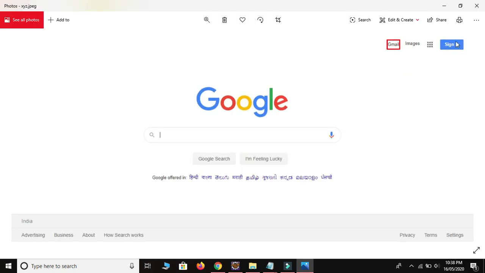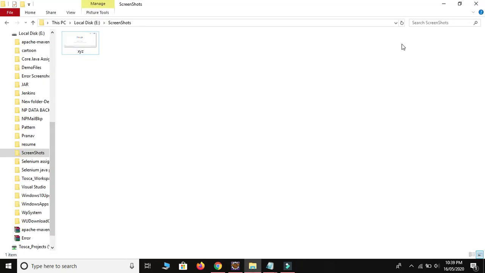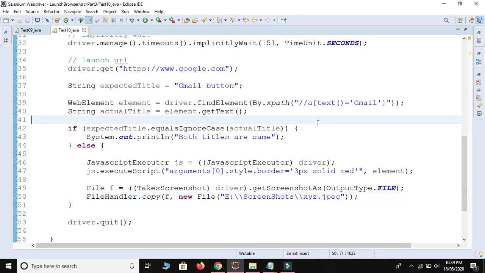At this time it will return the screenshot with Gmail. I have already taken the screenshot with Sign in but with the same name, so it will replace the first image with the second, latest image. So I don't have any proof with this Sign in web element. So the name of the image should be automatically changed at each and every second. I will show you how to do this.